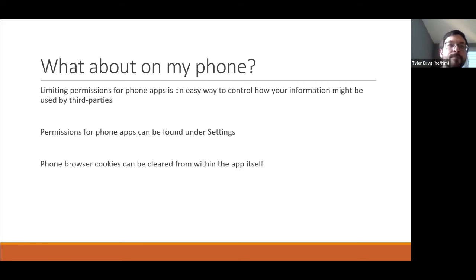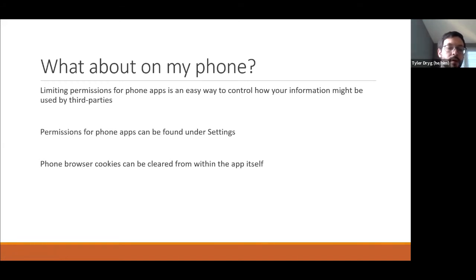A lot of apps will want your location data to be more functional, but you don't necessarily have to give that information to them. They also might want statistical uses in terms of how often you use the app, what you do in the app, and so on. And so you can go in your phone settings and decide there